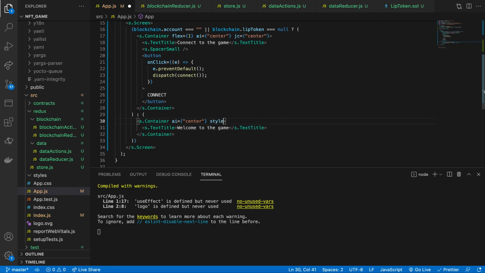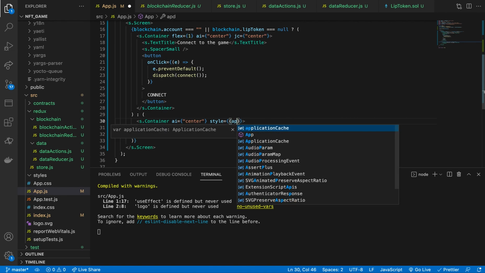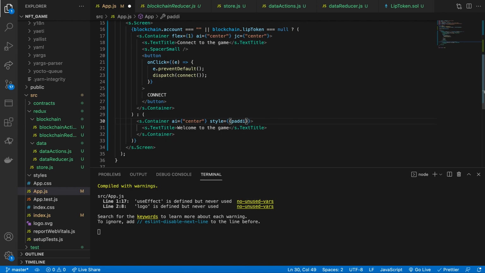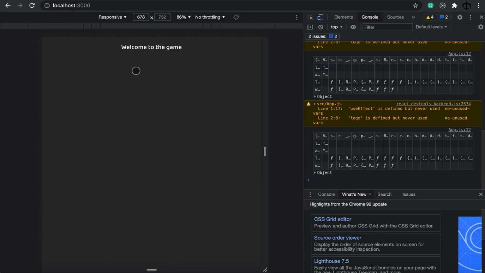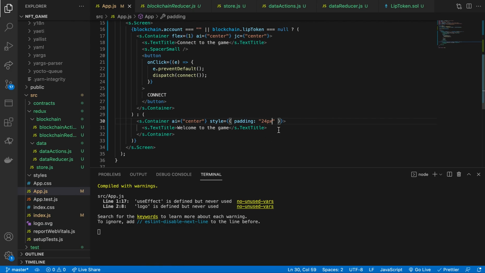So let's do this, style. I'm just going to do an inline style here for the padding. Okay, and then we're going to make this padding 24 pixels. So once we look at it, we can see that there's a 24 pixel padding over there. That is perfectly fine. I'm going to grab this small space over there, put that there, and then we're actually